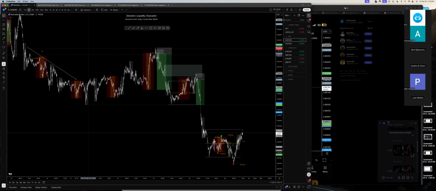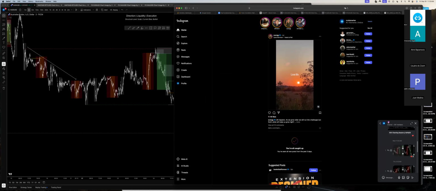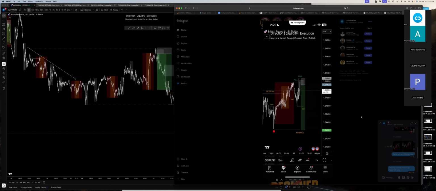We take out Asia high, we take out liquidity, we come into London open, and then I get the impulse to the downside. So trade number one, traditional sweep. Funny enough, the next day on GU, I got the exact same setup,